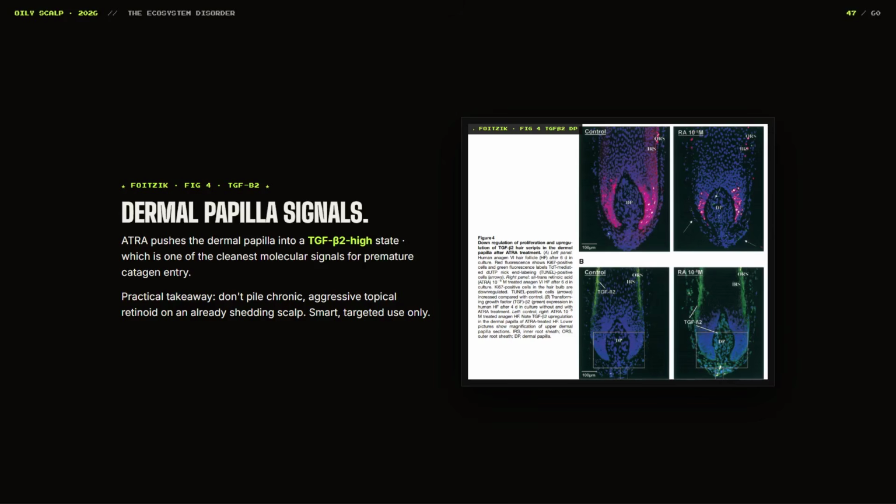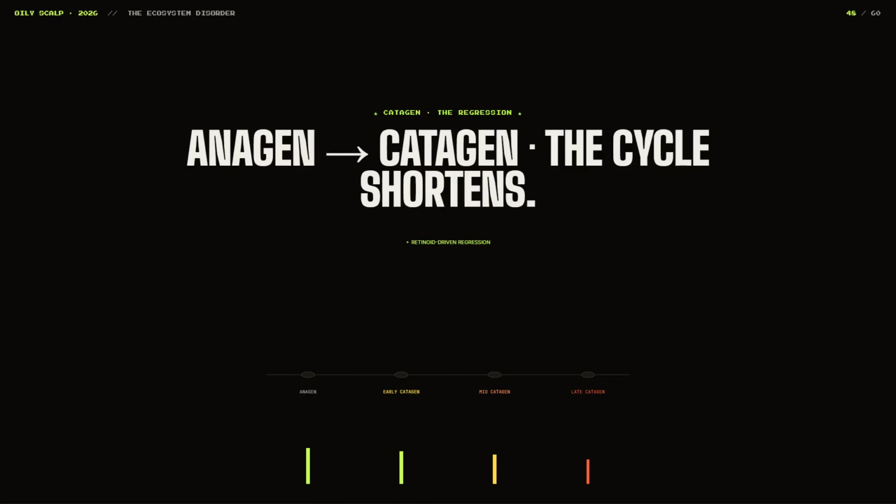The dermal papilla, as I've stated in many videos, is very important because it signals to the hair follicle stem cells when to grow and when to stop. It tells them to migrate out of the hair follicle stem cell niche and move into the lower architecture of the hair follicle unit. So if your dermal papilla is being disrupted, then it can't properly signal to the hair follicle to continue growing hair. So eventually it reverts and goes into a catagen-like state, which also leads to telogen, where the hair is getting ready to fall out, which would be the exogen phase. This is what we would typically call hair shedding.